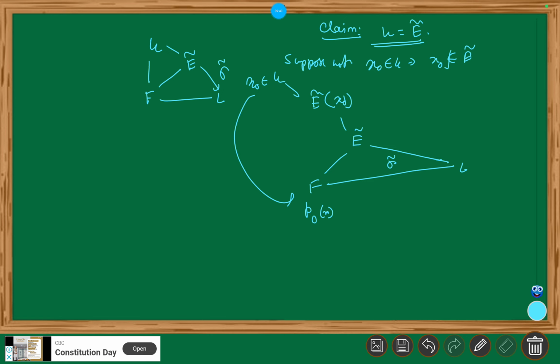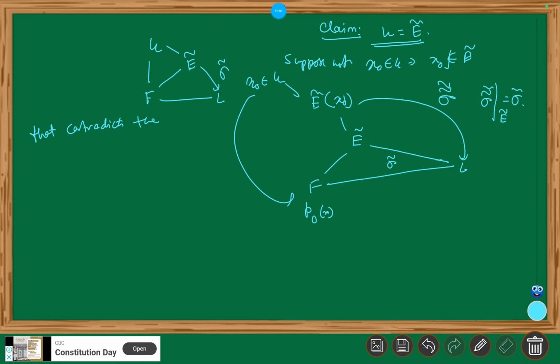So that means from E tilde of x naught, I will again get a sigma double tilde, such that sigma double tilde restricted to E tilde is itself sigma tilde. But this is not true, because (E tilde, sigma tilde) is the maximal element. So that contradicts